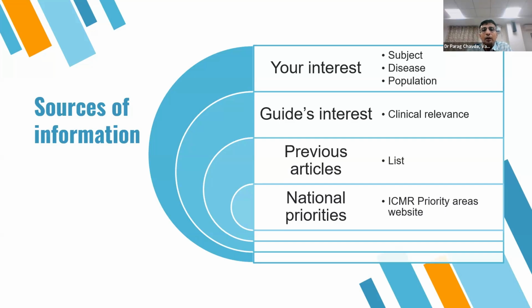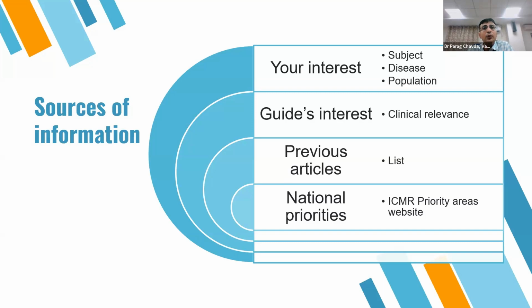Apart from this, the ICMR STS also wants that many student research projects be focused on Indian priorities. So it would also be a good idea to look at what are the ICMR priority areas of research. Fortunately, ICMR has come up with two different documents which talk about what are the priority areas in research in India. So if an Indian researcher wishes to do research, these would be the areas in which ICMR is interested. They are the national priorities.